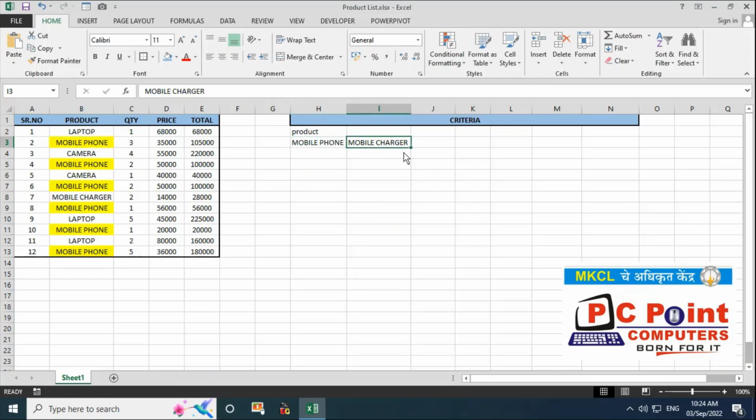So now I want to apply a condition like it should be greater than 50,000. So I will apply the condition with some logical test. Like I write here product, price. Let me write here, instead of that, greater than 50,000.